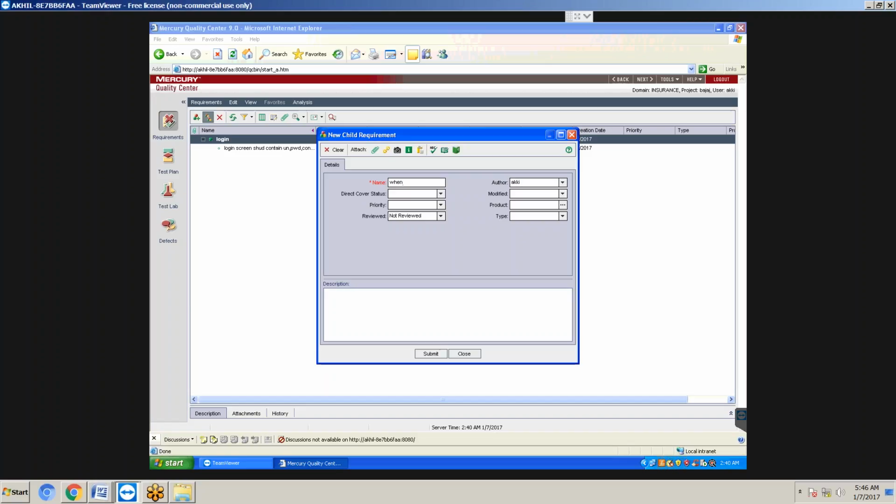Whenever click on clear button, all the fields must be cleared, and the cursor should be placed in the username field. Click on submit.